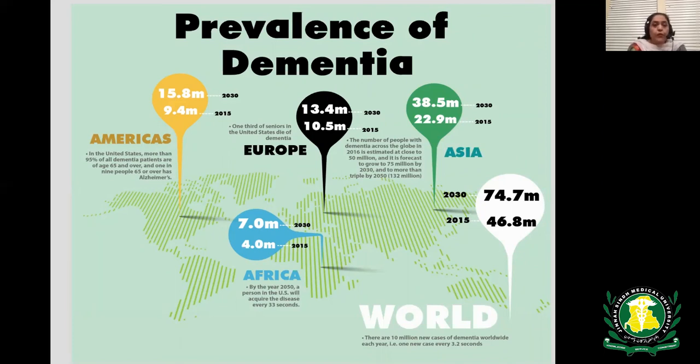In 2015, 9.4 million had, and in 2030, 15.8 million. So it's almost double. And if we look at Asia, 22.9 million in 2015, 38.5 million by 2030. So it's a global problem,